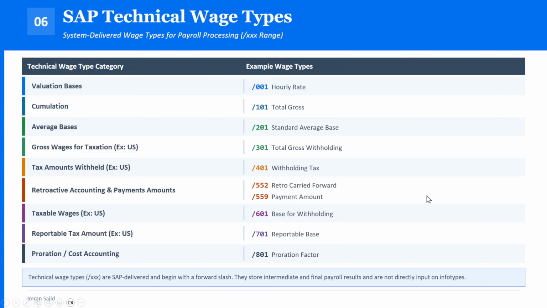And so we want to go in and do that. And so I've created this list here, but what SAP has essentially done is categorize their wage types. So the first thing you'll notice is any technical SAP wage type starts with a forward slash. So they're SAP delivered and begin with a forward slash, and they store intermediate and final payroll results. They're not typically directly entered on any infotypes. Instead, they're used